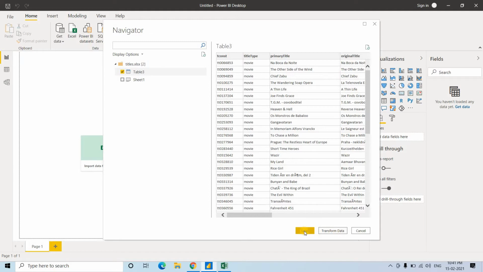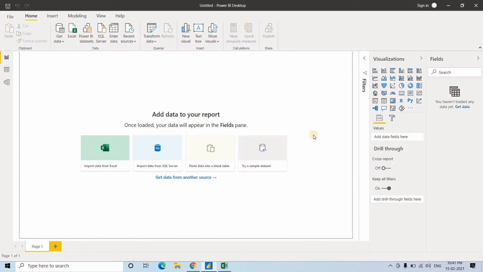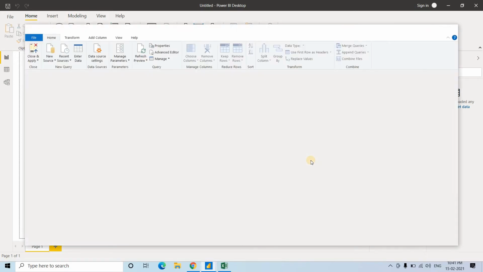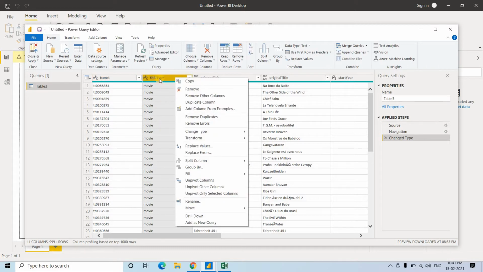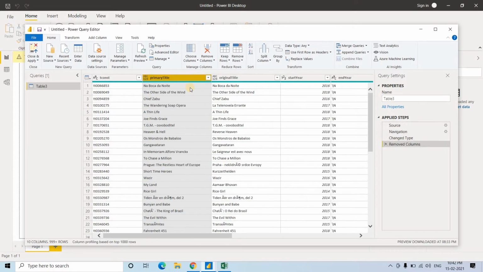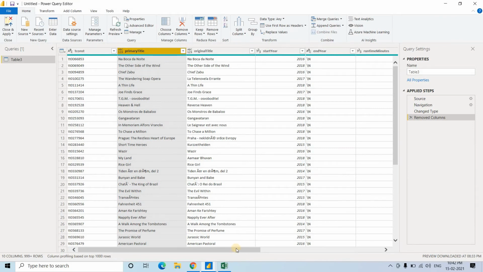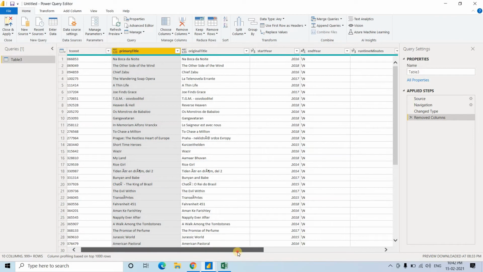I have told you that if you click on load, directly data will be loaded for visualization, and if you want to apply some transformation, then you can click on transform data. Okay, and in a new separate window which is called Power Query Editor, you can do certain transformations, right? Like what I have done earlier, I have removed this movie column, this title type, because all of this has the constant value movie, so no need to keep that, so I have simply removed it. Okay, and I have also discussed how to undo a step, right? Okay, cool. Let me just maximize this, and now let us try to understand something more about this particular data.